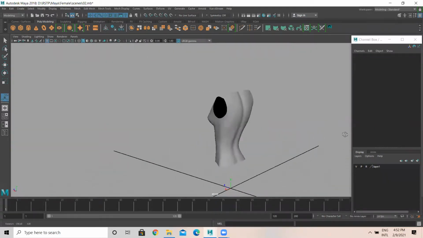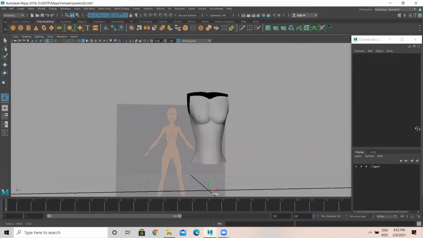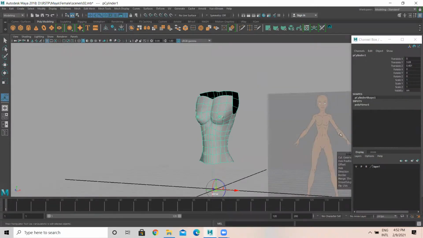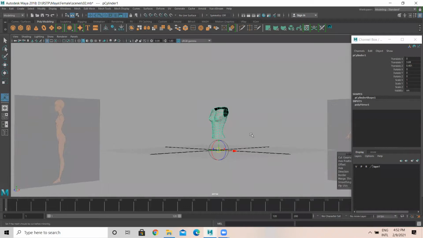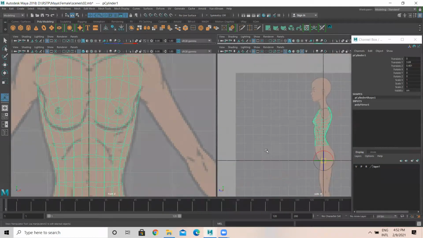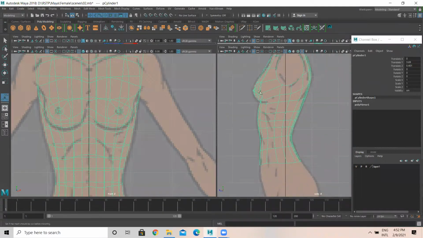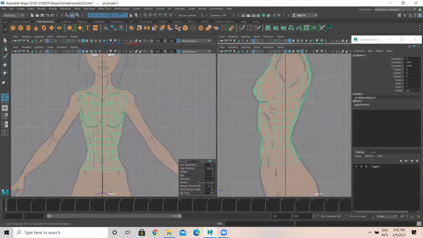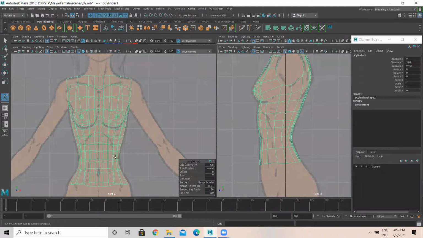Understood. Any doubts are there? No. Okay, so just look at this reference, as per the proportion you have to do. Make sure you're not missing anything. Always when you do, see here, it's matching. You need to match the side view, you need to match the front view. This is the only logic in this, nothing else.